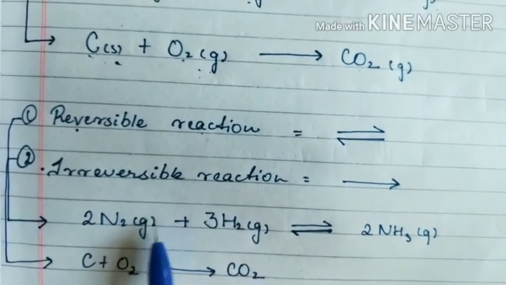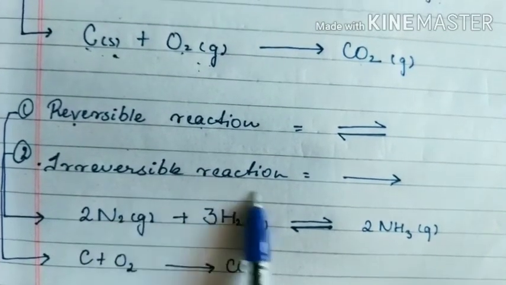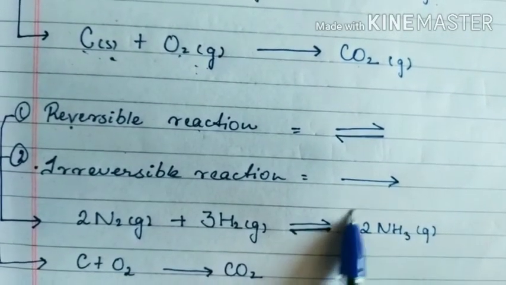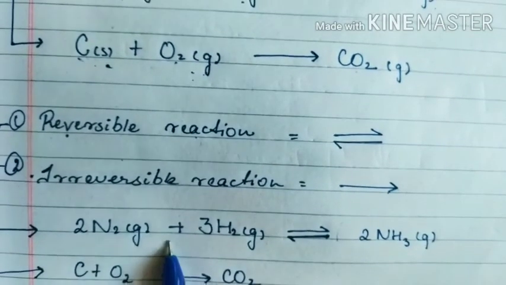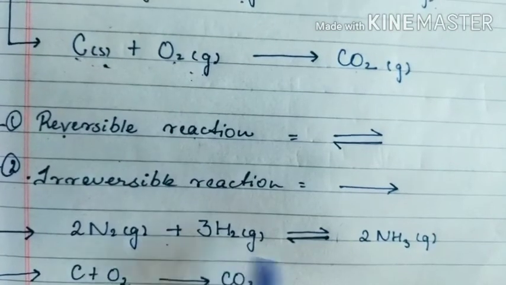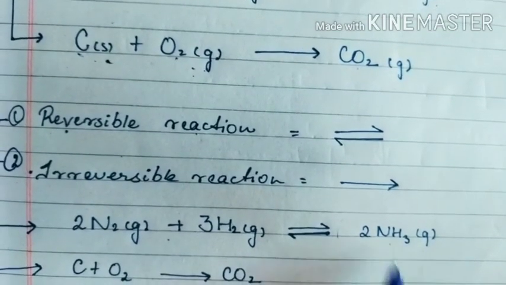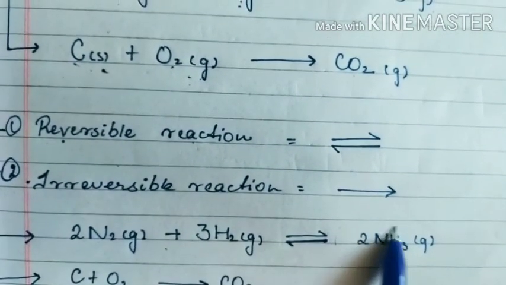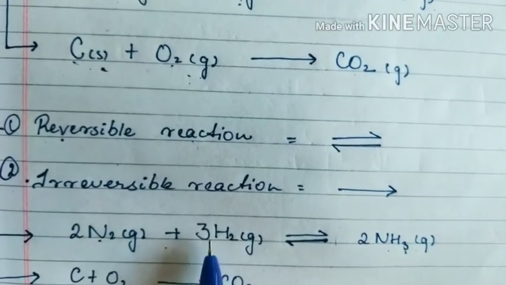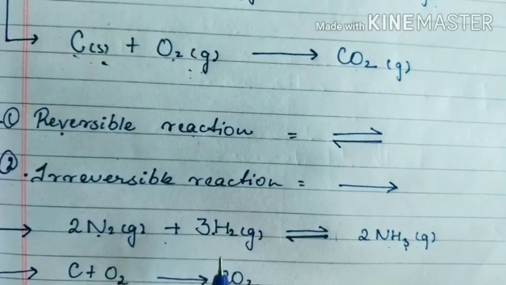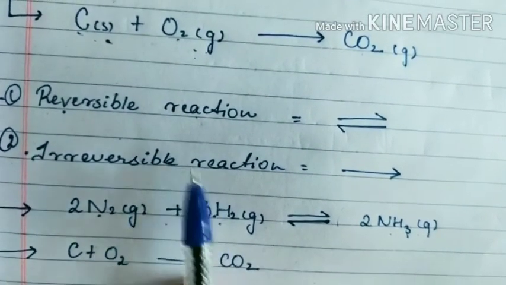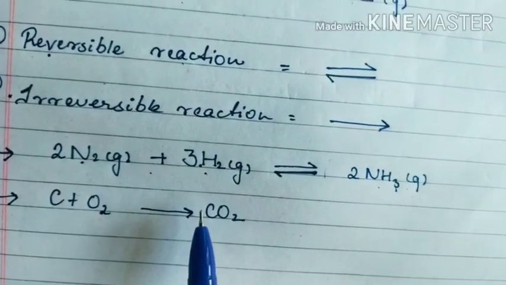In reversible reaction, the reactants, when they react and form product, can change themselves back into reactants. If nitrogen and hydrogen combine to form ammonia, then ammonia also gets converted into nitrogen and hydrogen. But if the reactant cannot